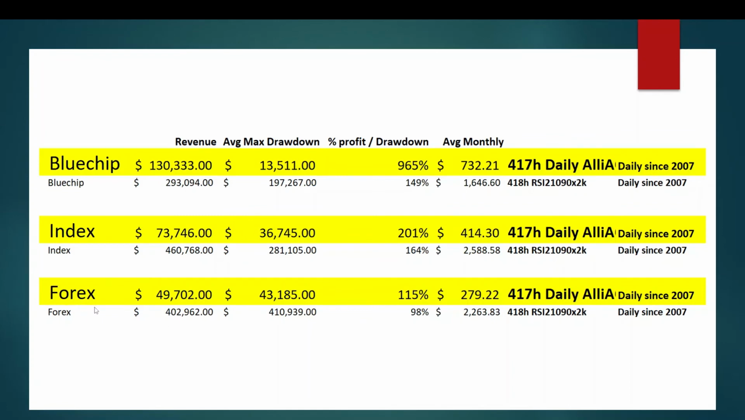Lastly, the Forex. Again, we're looking at the Aussie US, Euro US, Euro British pound, US Swiss franc, I should say, and US Canadian dollar as well. The alligator strategy again came on top in terms of profit over drawdown, 49,700 versus 43,000 drawdown, which is 115%. But again, look at the RSI2 strategy, 402,900 revenue, but it needed a drawdown of 410,939, which is 98%. So again, very impressive revenue, but also very, very deep pockets required if you're going to